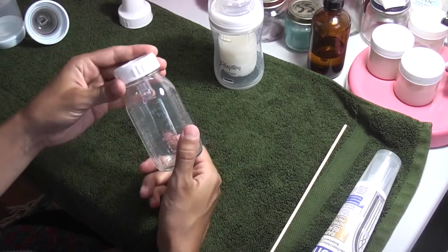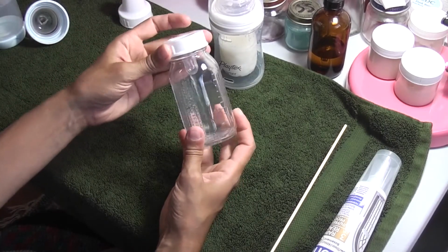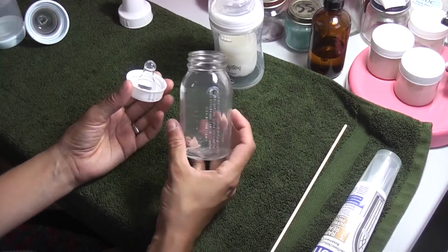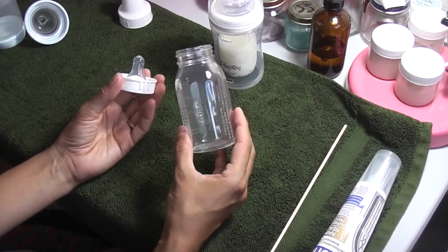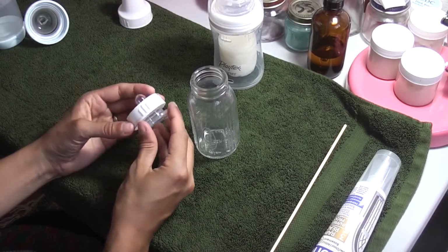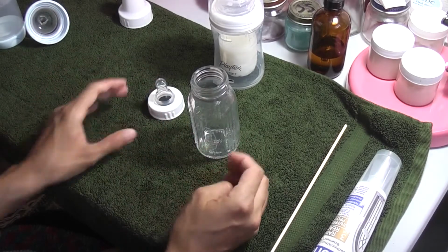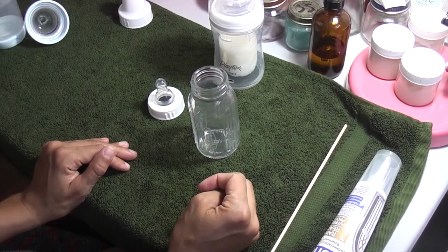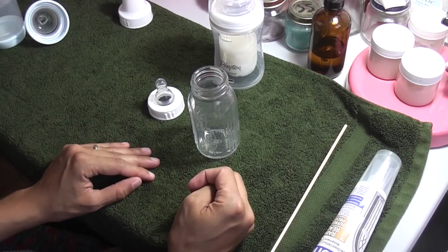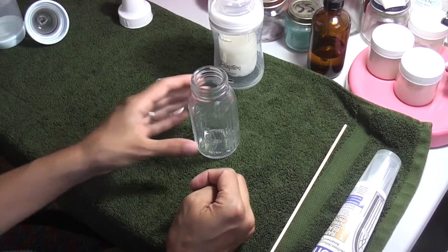Alright, so the bottle that we're going to seal is one of these cute little glass even flow bottles. These are so cheap, but they are so cute, I think, especially for newborn sized reborns, because they're very small, so they look nice with the doll. And they're glass. I like glass bottles. Maybe I'm old-fashioned, but I like glass bottles. I think they're safer than some people make them out to be. Babies, when they're very tiny, aren't actually usually grabbing the bottle or tossing it. It's usually mom or dad who are holding the bottle anyway, and we're pretty careful. All right, so